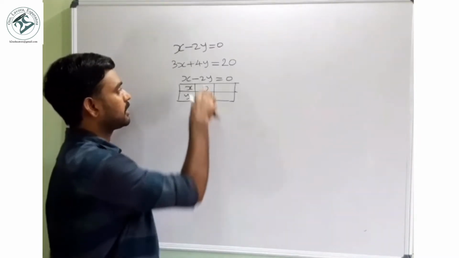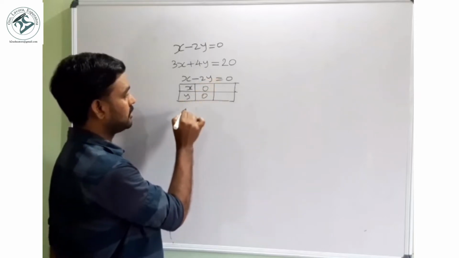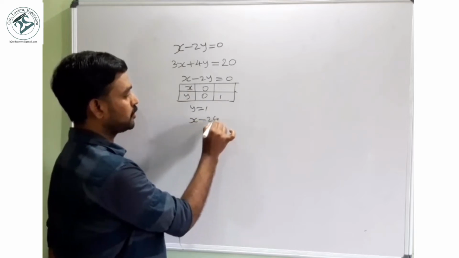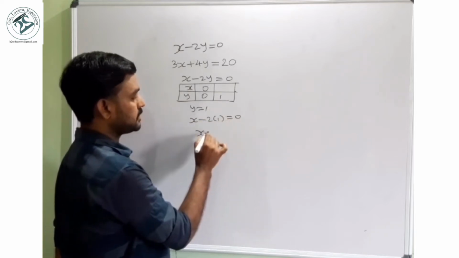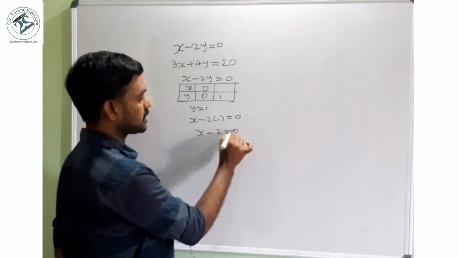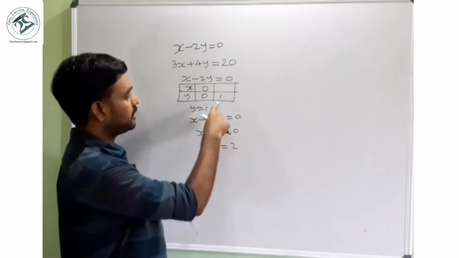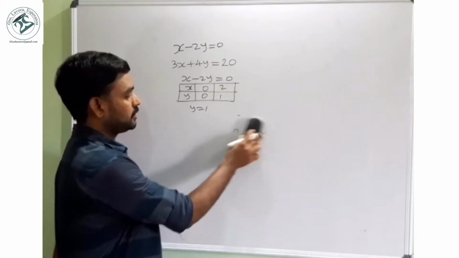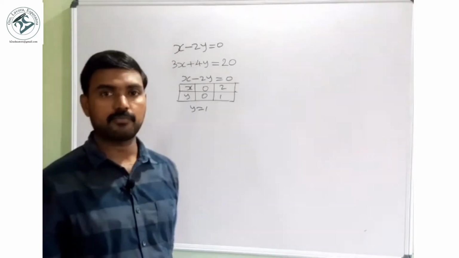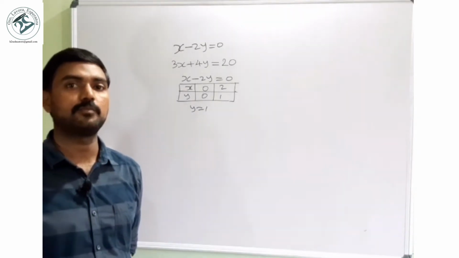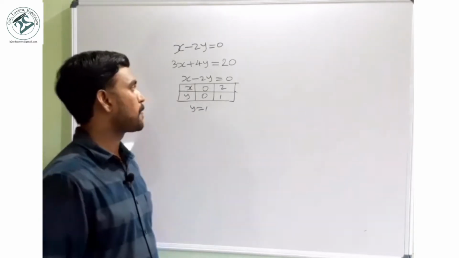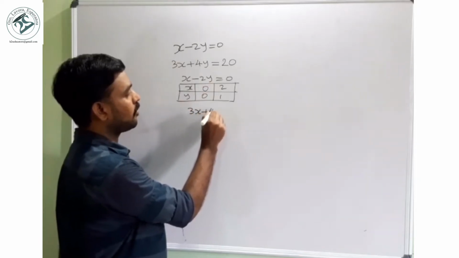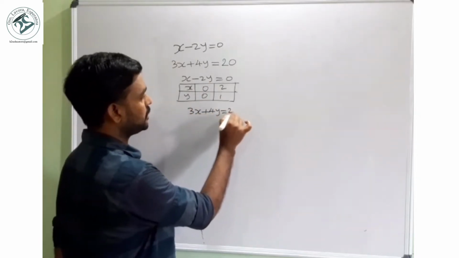Next, we give y is equal to one number. So y is equal to 1. In the place of y I am giving 1. So x minus 2 into 1 is equal to 0. 2 into 1 is 2. So x minus 2 is equal to 0. x is equal to 2. So when y is equal to 1, x is equal to 2. Actually, two solutions are enough. If we find 3 or more solutions, it will be more specific. It's good.